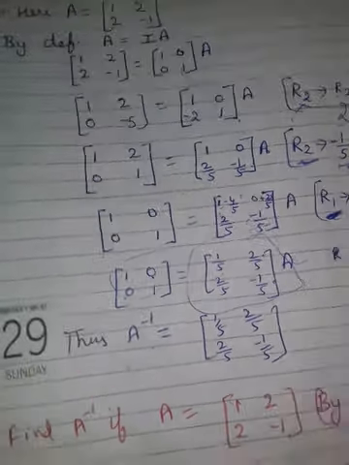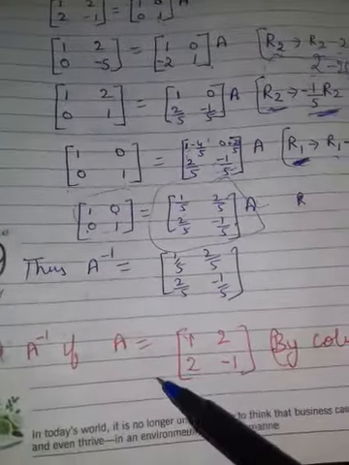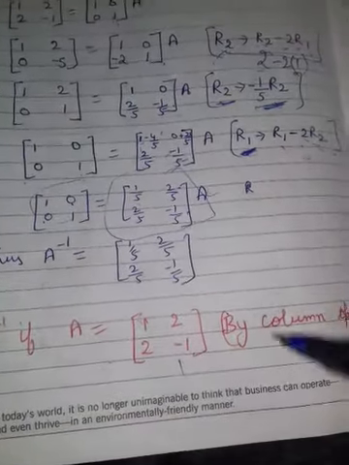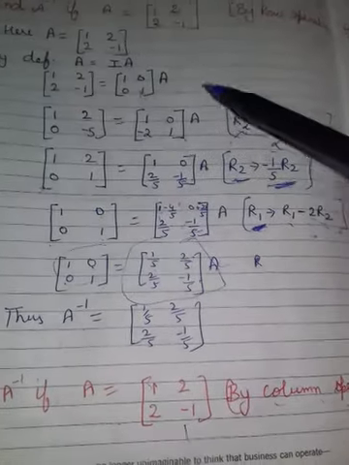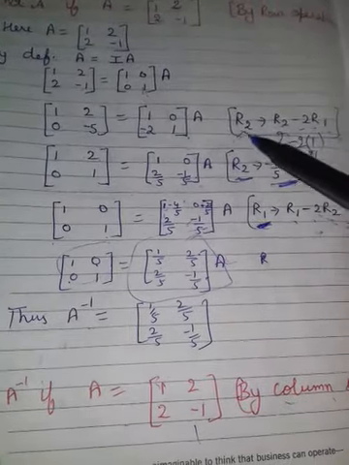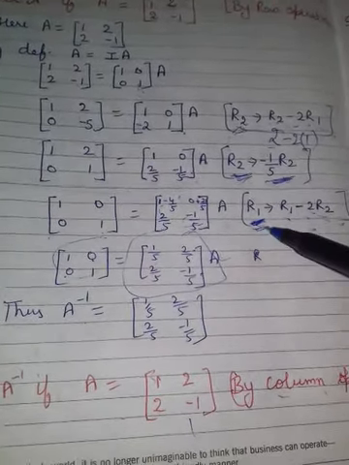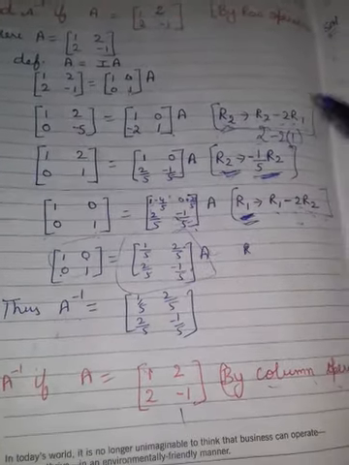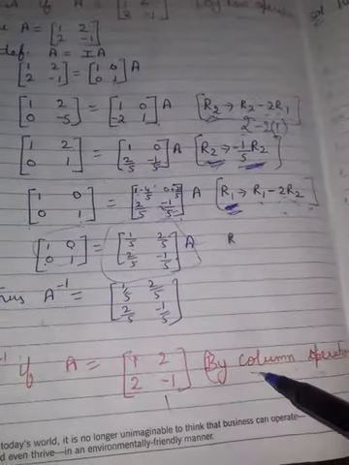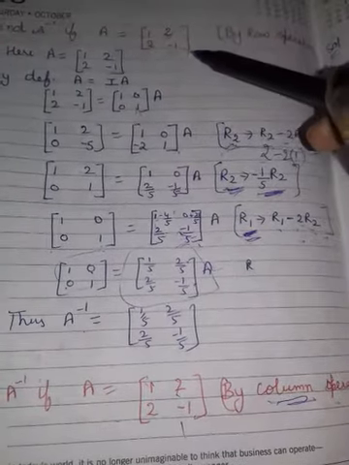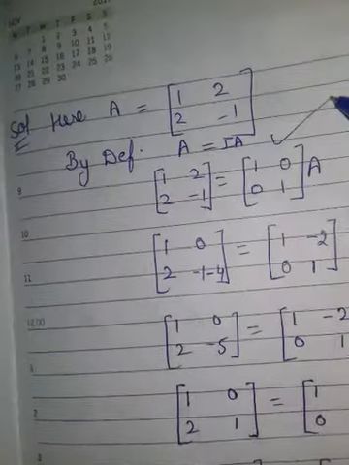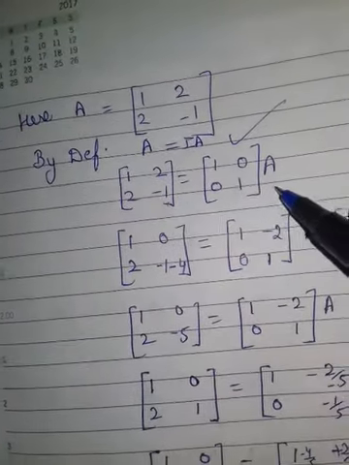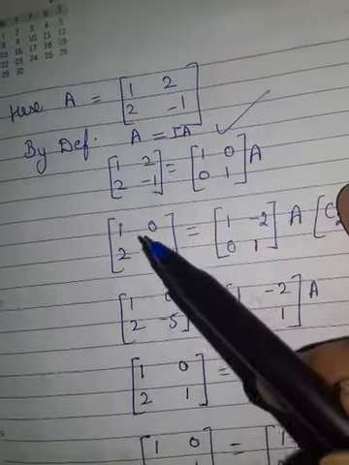Clear? Next question is find A inverse if this is given, same, by column operations. You have seen कि I operated only row operations. I can't use them collectively. भी row भी use कर लें, column भी. Now I am operating by column operation. Clear? On the same matrix I have taken. Now we are operating. The definition must be the same in both. A is equal to IA. Now again we are operating.